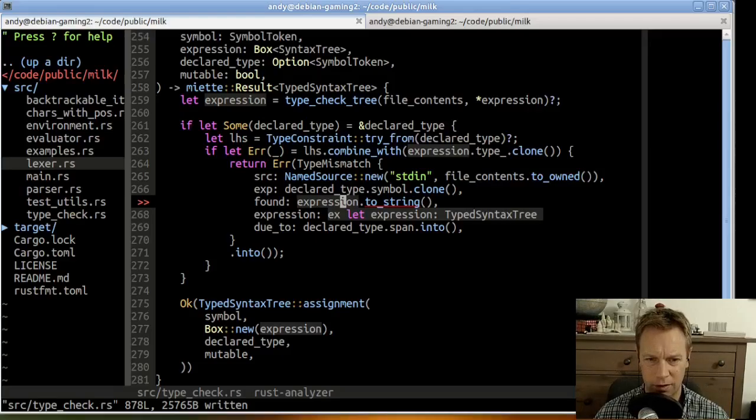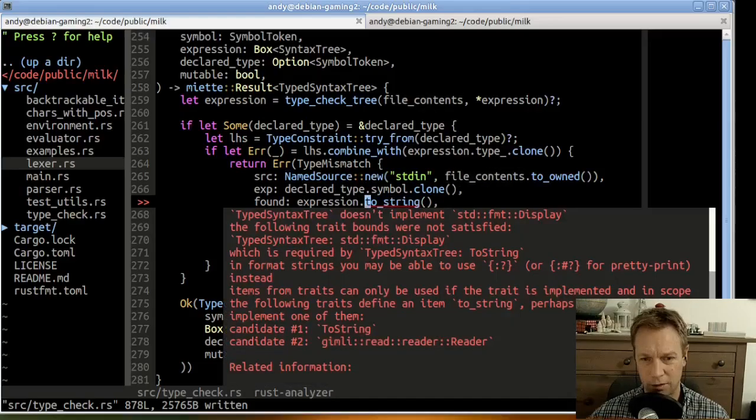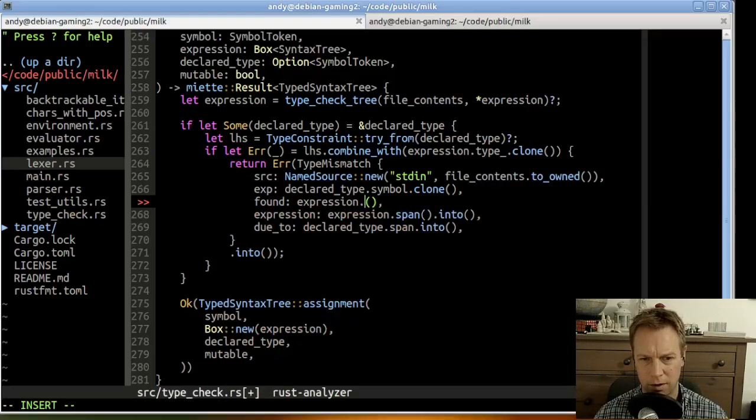And in order for that type syntax tree to be able to turn itself into a string, it needs to have access to file contents. So what we were fighting with before was we tried to get expression itself, this type syntax tree, to hold on to an instance of file contents so that we could implement toString. And instead what we should do is pass it in from here. So not use toString, but use some other method that we've defined. What are we going to call it? It's something like format for error,